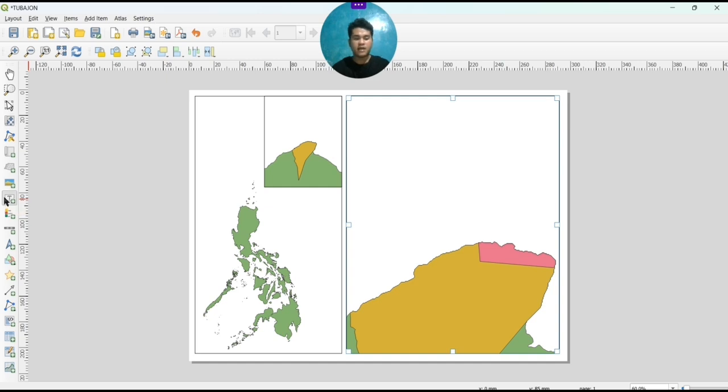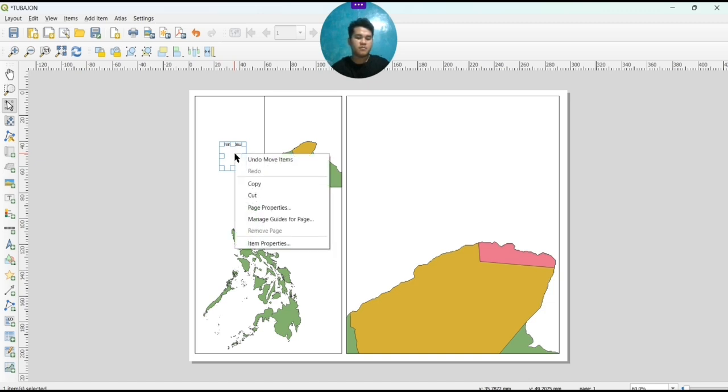Add label. So click add label. When you see the cross, just press mouse one and drag it where you can type the labels that you wanted. In my case, I just want to type Philippines.